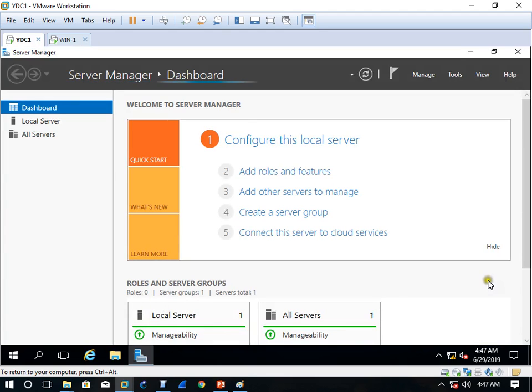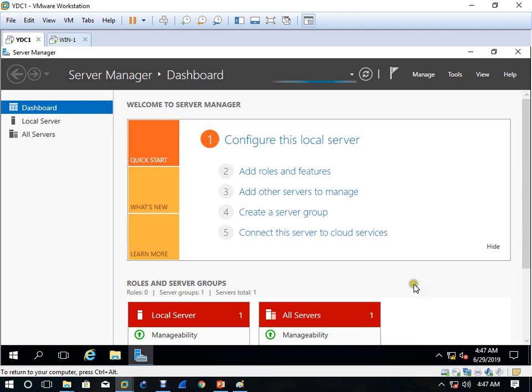Now see, that remote setup will start again automatically because it's not completed 100%. So don't worry, don't close this server manager, just wait. After you reboot and login, just wait for a few seconds.